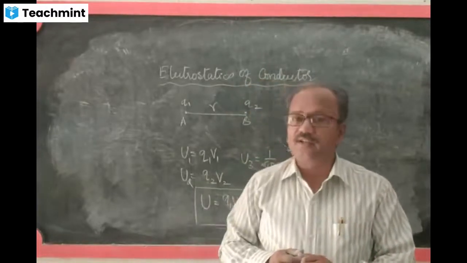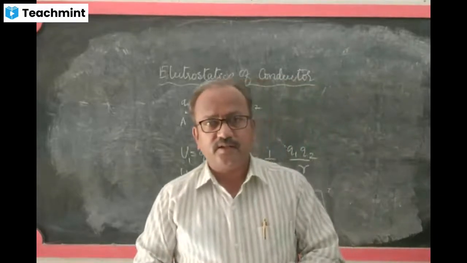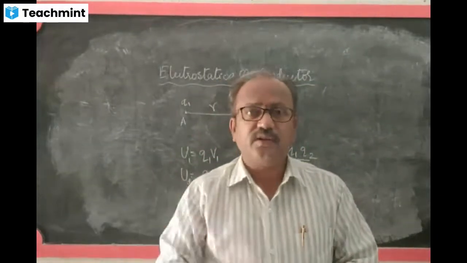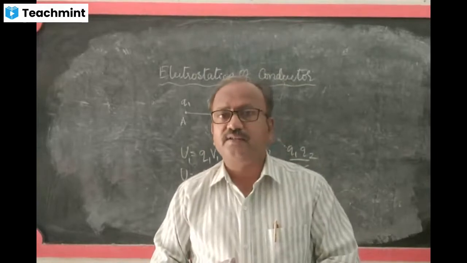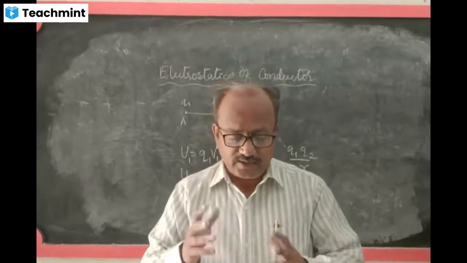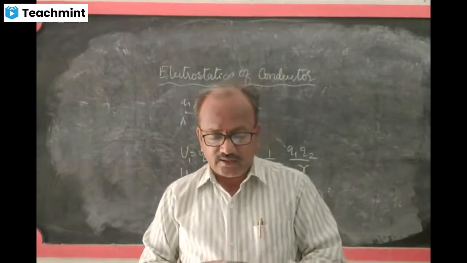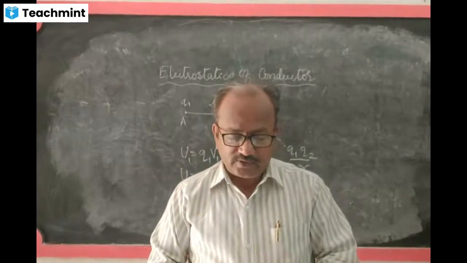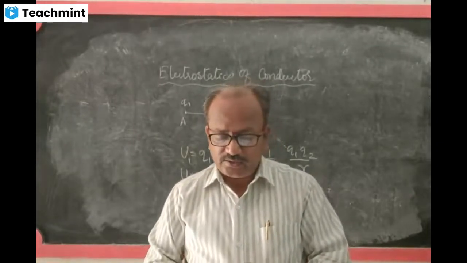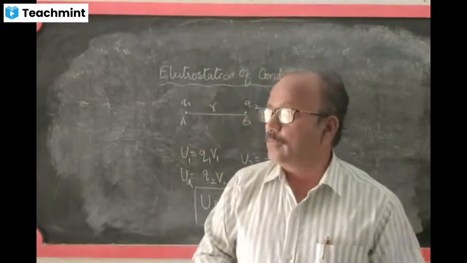You already know that charges reside over the surface of a conductor and the electric field lines cannot enter into the conductor, hence there is no electric field inside the conductor. So the same result is explained here, that inside the conductor the electric field is zero. Then at the surface of a charged conductor, the electrostatic field must be normal to the surface at every point.